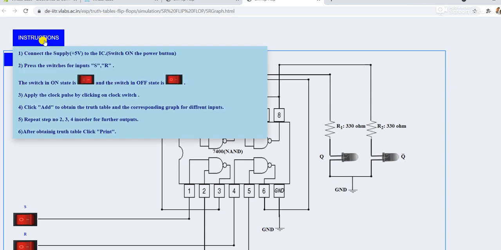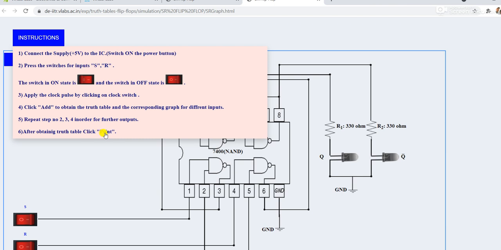First, connect the supply, that is plus 5 volt, to the IC. Second, press the switches for inputs S and R. The on state is this, and for the off state the switch will look like this. Apply the clock pulse by clicking on the clock switch. Click add to obtain the truth table and corresponding graph for different inputs. Repeat these steps